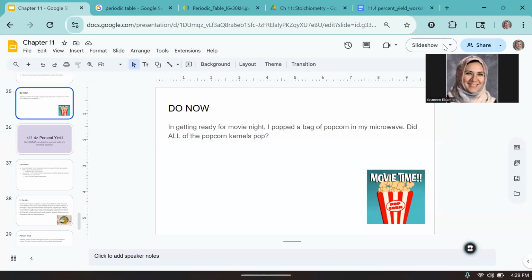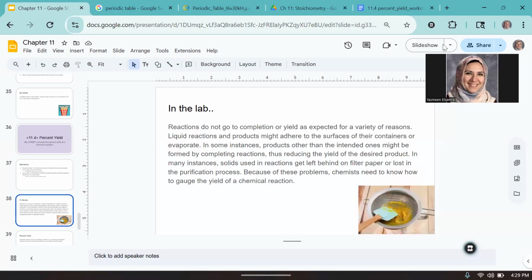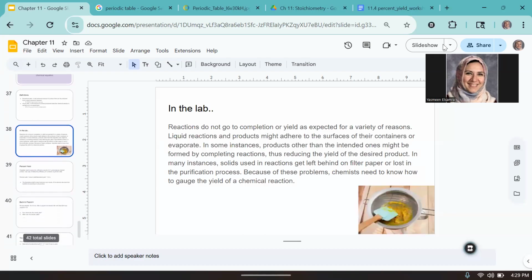You're going to get a mixture of popcorn and some kernels that are not popped. And we talked about that in the chemistry lab sometimes, similar to this happens where for whatever reason, we don't end up having 100% of the product